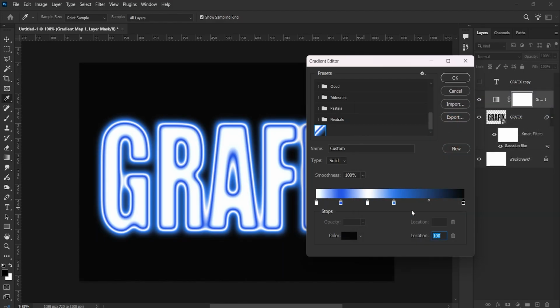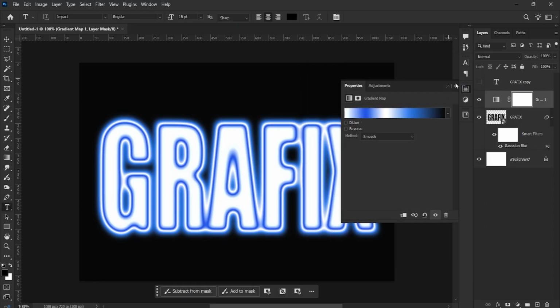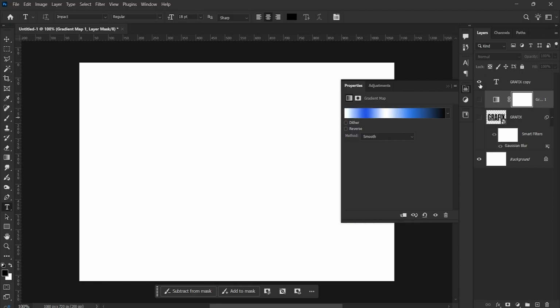Click OK, and maybe I'm just gonna increase this anchor point. Yeah, that's good. That's pretty good. So after that, we need to move to our second layer. So I'm going to disable this one and enable